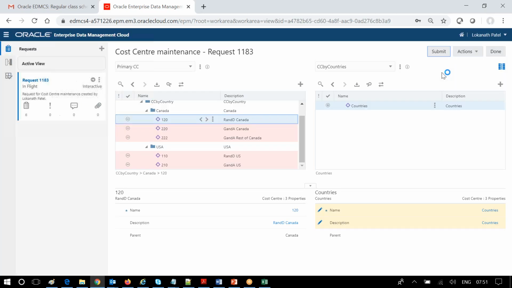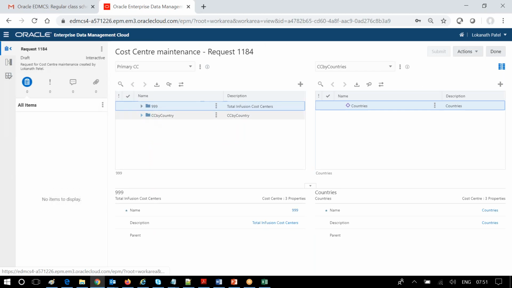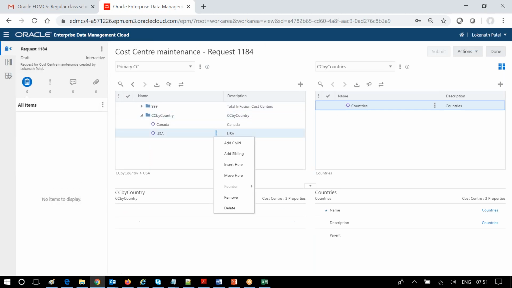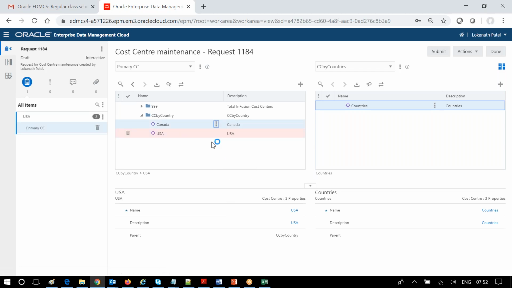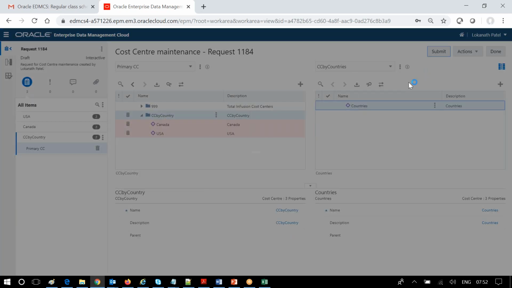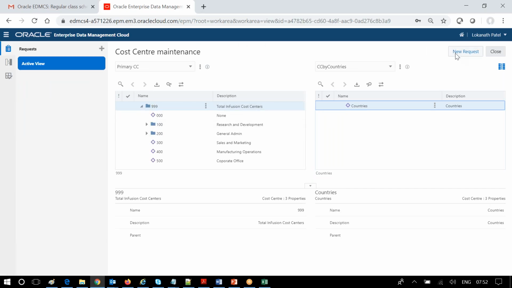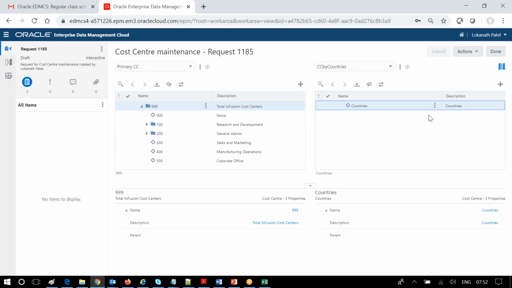Submit this. Now again I'm removing my alternate hierarchy, that is I'm deleting it entirely. Okay, now I'm fine. So click new request, add the child here,